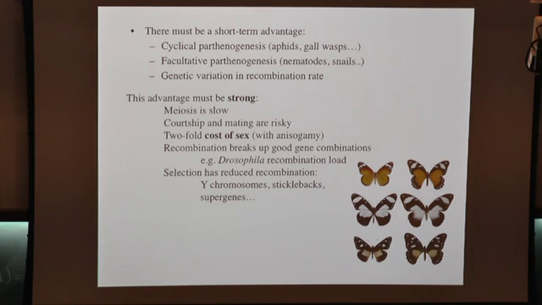Now, suppose there's a fusion between the X chromosome and one of the other chromosomes. This can happen rather easily. So now what you have is something that is going to act just like a Y chromosome, and you've got a new X chromosome that's twice as big. Okay. And what happens is that there's very strong selection for alleles on this new Y chromosome to be favored in males.